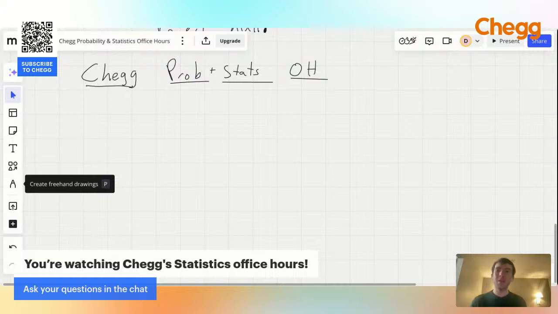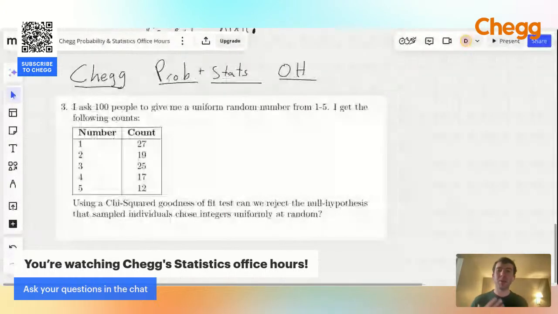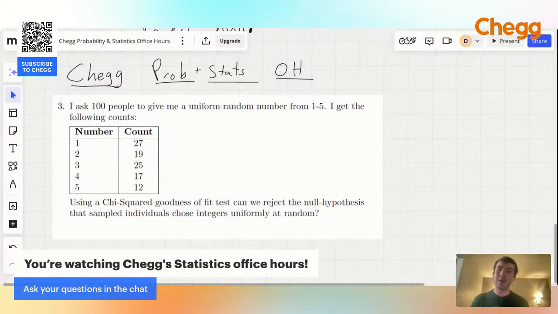Here we're going to talk about chi-square tests, which is a little bit less known, I think, than t-tests or z-tests, but it's important and useful to know. There are a lot of different chi-square tests. We're going to talk today about the chi-square goodness of fit test. This might be a problem that you see in homework or on a test. This is a common type of problem in statistics.